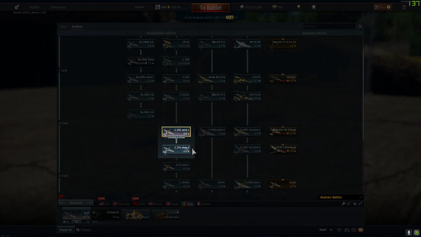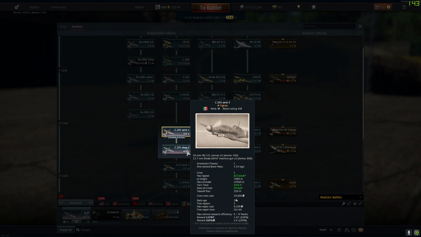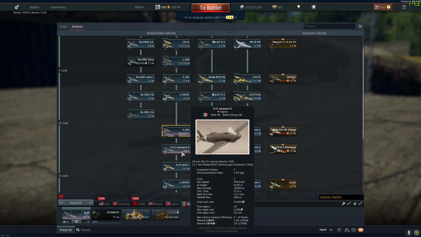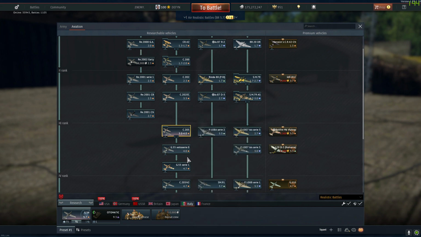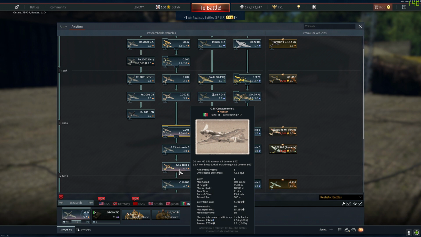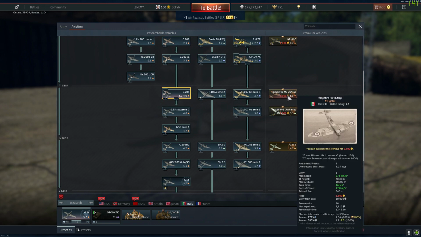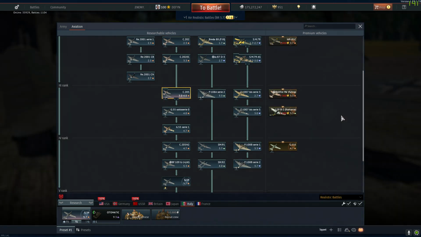Rank 3, series 3 CO205, very good, 4.0, so you can fly it with your 109 F4. G55, also very strong. The guns, the Breda Safats, are kind of bad. So this one might be a bit better because it has 3 guns, but it's 0.7 higher, so I don't really recommend it. The Spitfire, well, it's a Spitfire, you know what to expect,